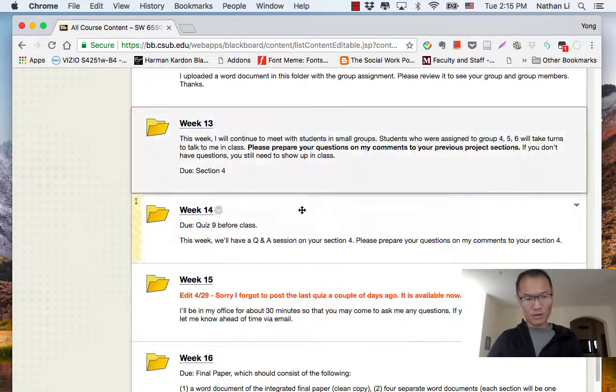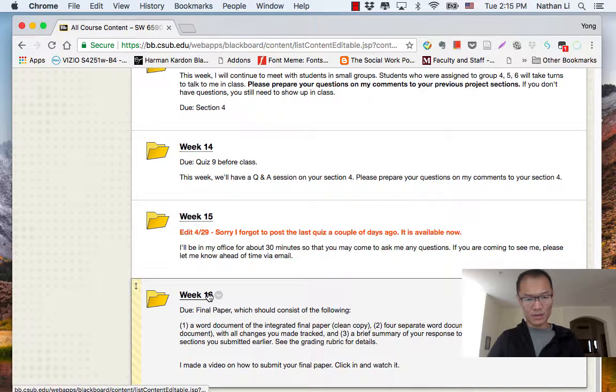Scroll all the way down to week 16. Here I copy-pasted from the syllabus, which says 3 parts of the final paper should be submitted: a clean copy of the integrated paper, 4 separate Word documents with all changes you made tracked, then a brief summary of your response to the comments. Okay. So, by the way,